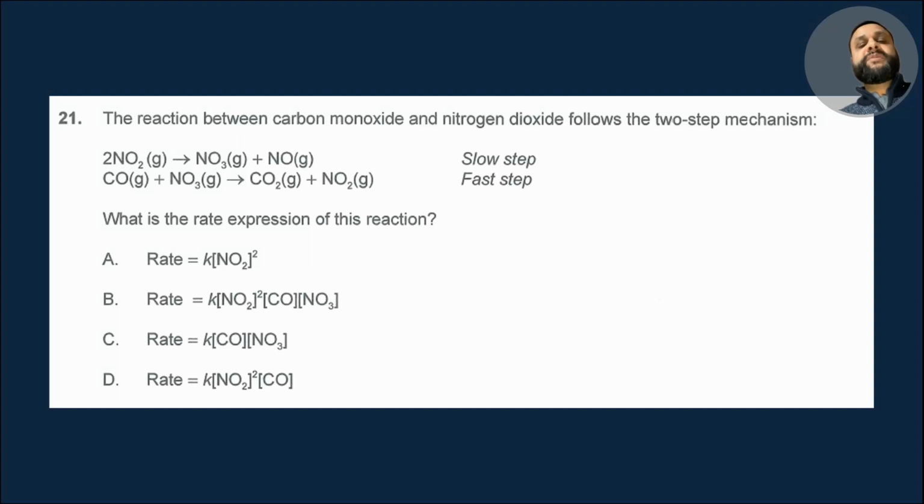Question 21. The reaction between carbon monoxide and nitrogen dioxide follows a two-step mechanism. What is the rate expression of this reaction? So we have been given two elementary steps, and the first step is the slowest step, hence we can say that is RDS, that is rate determining step, and the molecularity of that step is 2, so it's a bimolecular,